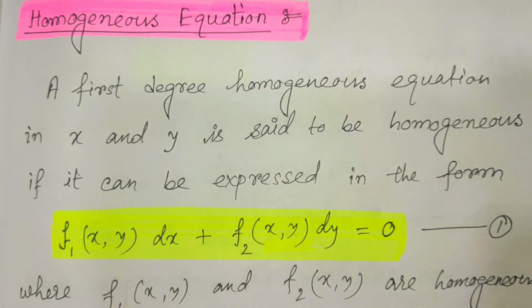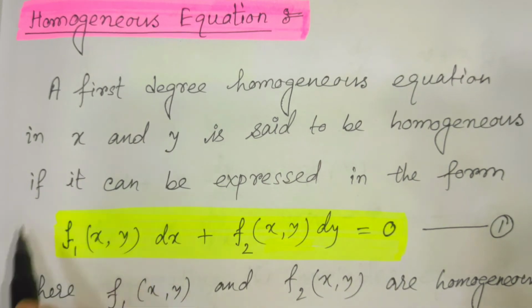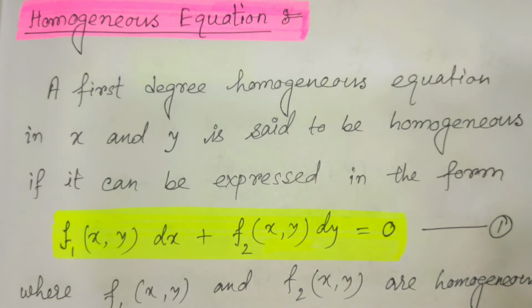I hope you understand. At first, dy by dx is equal to f of x, y. This is a differential equation given to you. We should express it in this format, that means dx with some function and dy with some function, and verify whether these two functions are homogeneous or not, and if they are homogeneous, whether they are of the same homogeneity or not. After that verification, we shall come to the conclusion that yes, the given equation is in the form of a homogeneous equation. Now we can solve it.